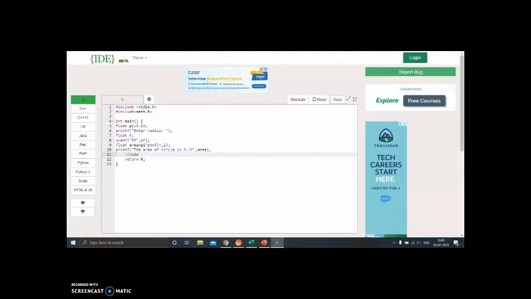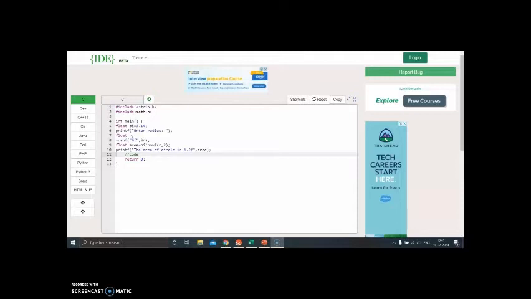Then we'll take printf enter radius. Of course we need to tell whoever is using the program what exactly they have to do with it. So enter radius, then we'll declare a float r, which is the radius, and then we'll take the value from the user, which means that we'll use scanf. So scanf %f because radius can also be a decimal or an integer.